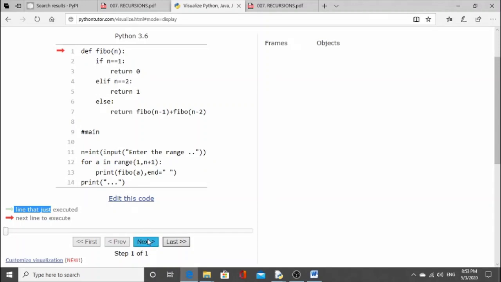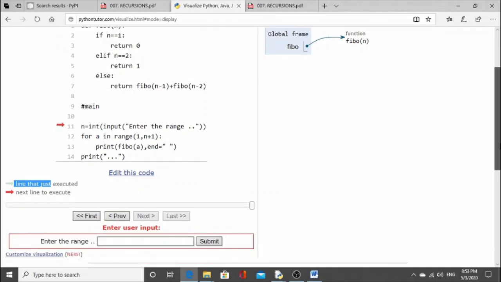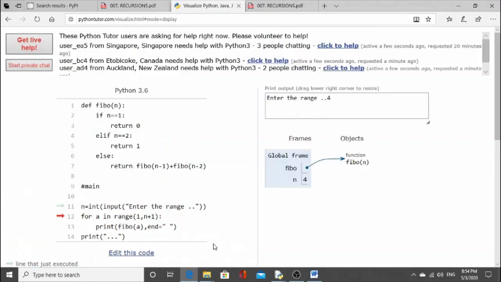Now I am clicking on next. So you can see inside it is printing global frame. Since we are in main block, that is your global block, it is asking for enter the range input. So I am giving range here 4. Now I am clicking on submit button. Now see, this is the output window.